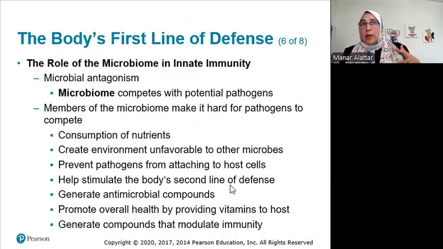And so the microbiome allows for your immune system to be more familiar with what is a natural set of microorganisms and be more quick to identify pathogens. Also, when we are talking about mucus, we said that the body produces antimicrobial peptides and lysozymes and things like that, but also the microorganisms themselves in your microbiome